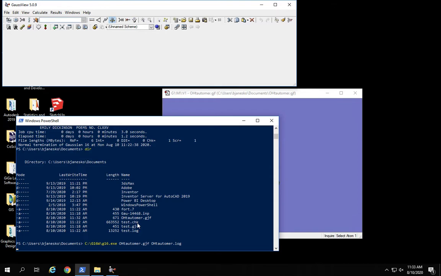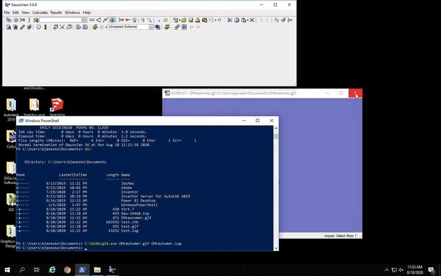This will take 30 seconds to a minute. Once I'm done, I'm going to open the output file in GaussView, and then I'm going to use the